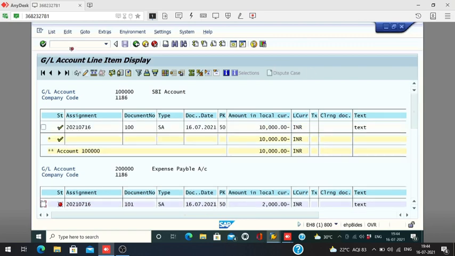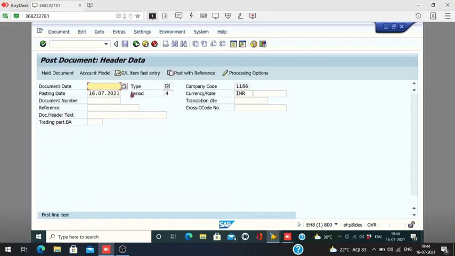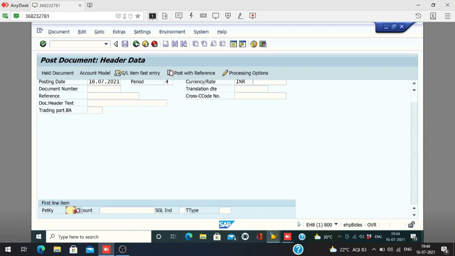Okay, now I will pay this in FB01. I'll pay this. Okay, 16 July 2021. Document type, I'll paste again. Now this 40, expense payable GL account.